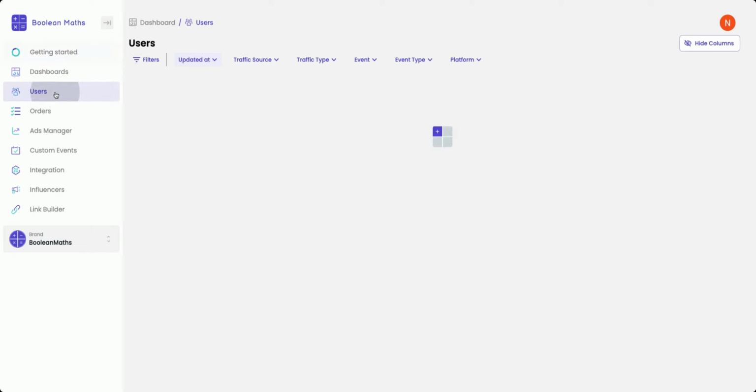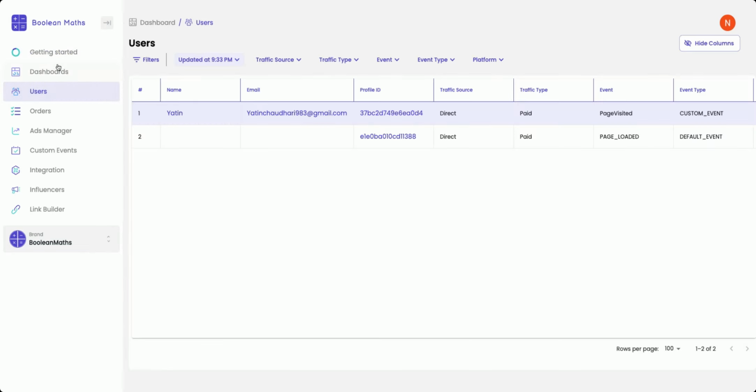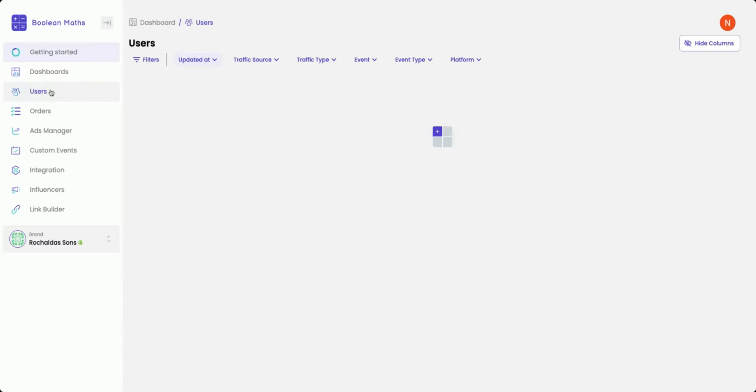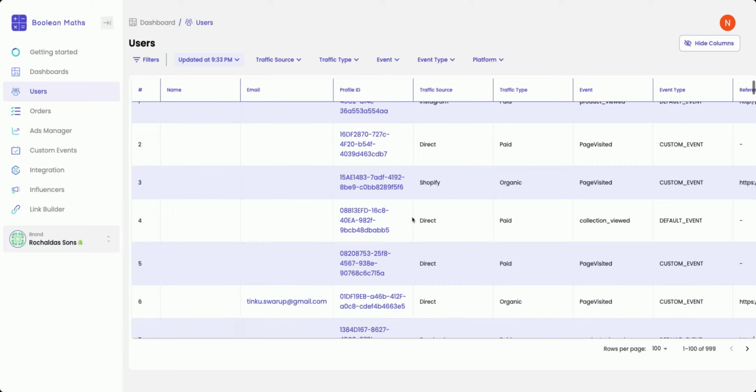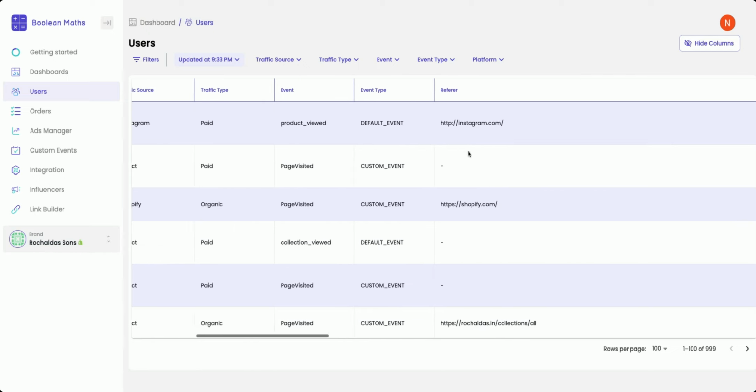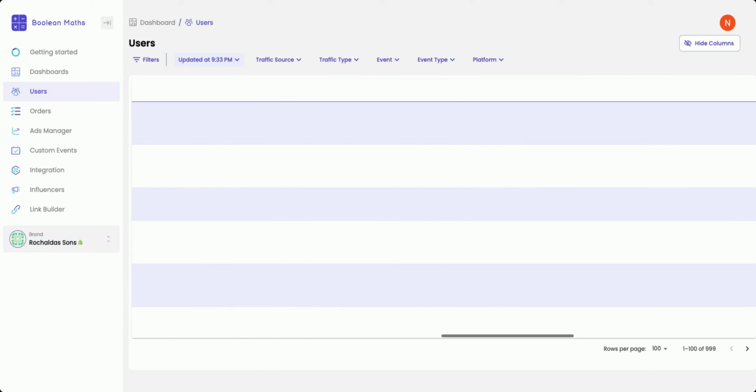First thing you can do is see which users are coming on your portal. Just pick another brand, which has some more data. So you can start by seeing which users are coming on your portal. So these are all the users that are coming to my portal. I can see the traffic source, what all events they have come through, where did they come from,